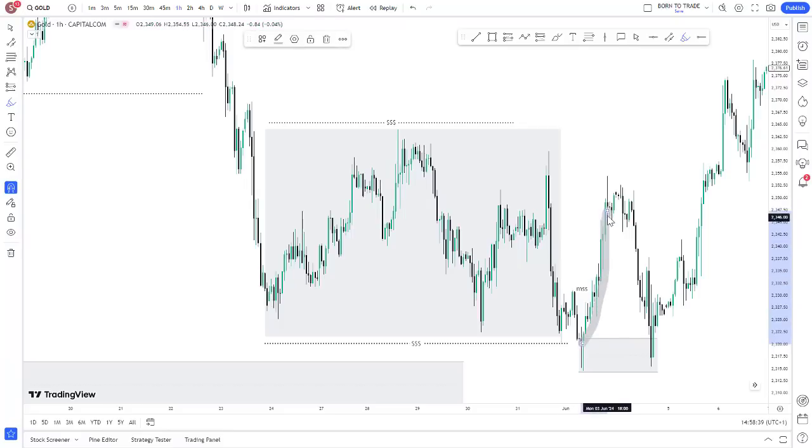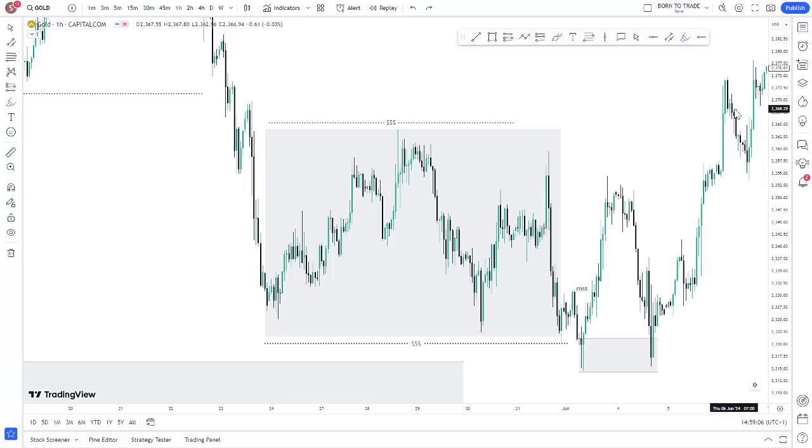If there is no initiation, then mitigation is not going to exist. Okay, if price sweeps this liquidity and continues to the downside, that means you're not going to look to get involved. But after the initiation phase, we have this mitigation phase. Now this is where we get our entry and we ride the distribution. Very simple. All I want you to do right now is to visit your screen and backtest this.